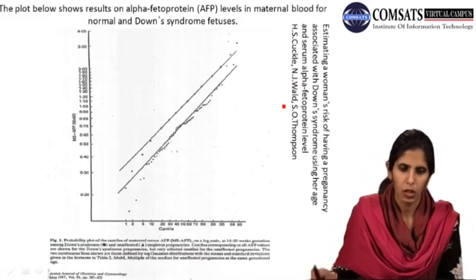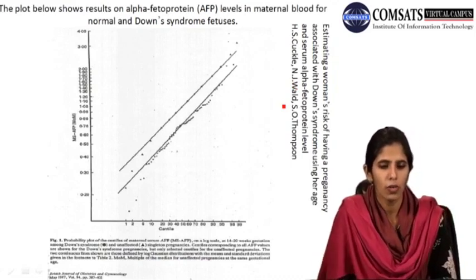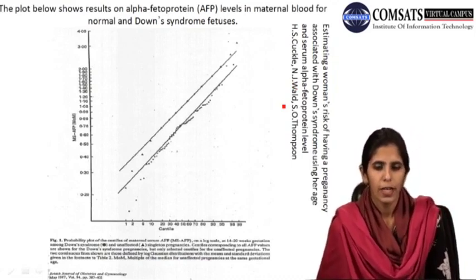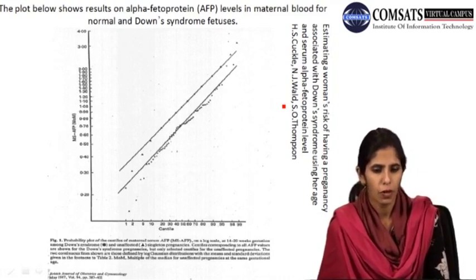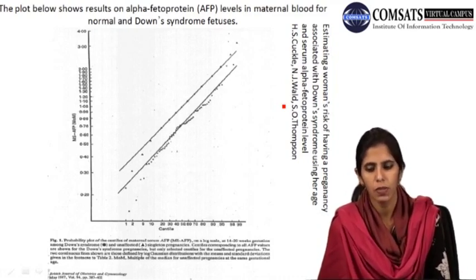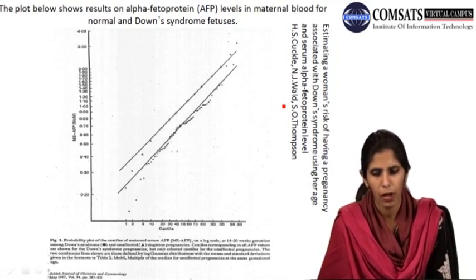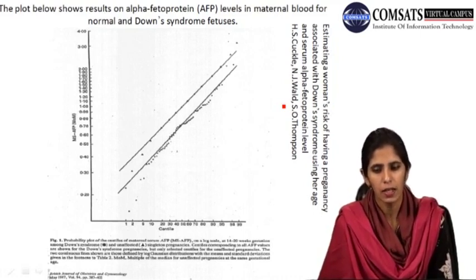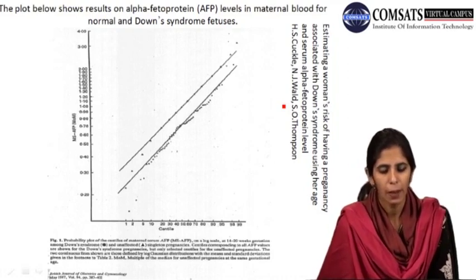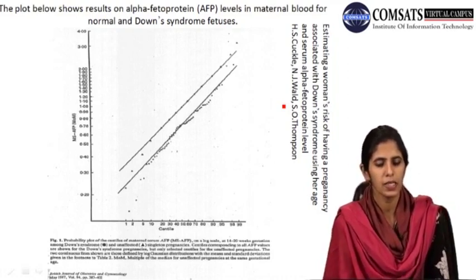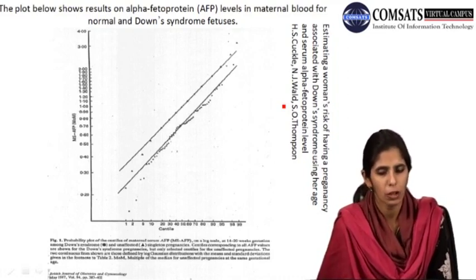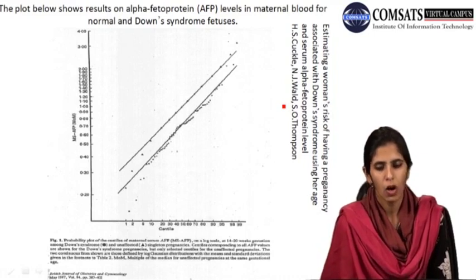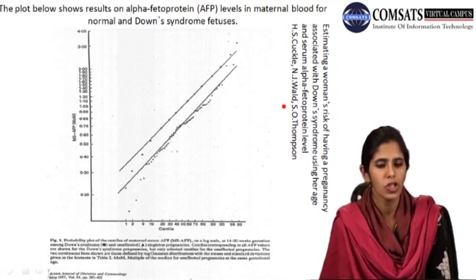So this particular plot is the result of alpha fetoprotein level, that is AFP level in maternal breast for normal or Down syndrome fetus. तो यहाँ पर हमारे पास एक एस्टिमेट हमने किया है, एक वुमेन रिस्क एंटिसिपेट किया है ऑफ हैविंग pregnancy associated with Down syndrome using her age and सीरम अल्फा फीटोप्रोटीन लेवल। ये एक मेडिकल रेफरेंस के अंदर हमने एक एग्जांपल कंसिडर की है कि अगर हमारे पास एक नॉर्मल पॉपुलेशन एग्जिस्ट करती है ऑफ वुमेन की और उसमें हमने एनालाइज करना है एवरेज अल्फा फीटोप्रोटीन लेवल मैटरनल ब्रेस्ट के अंदर,